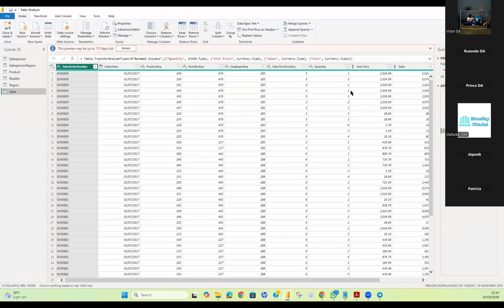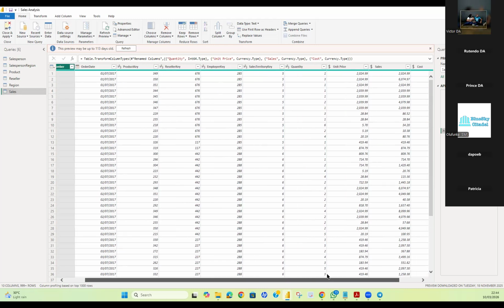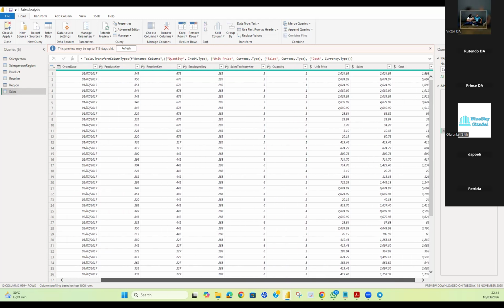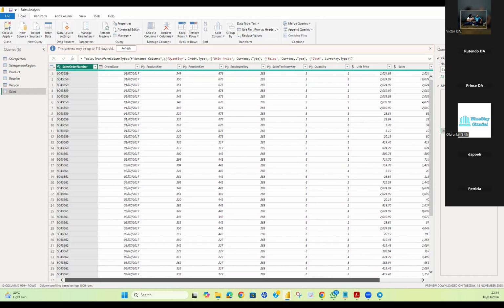Okay. I recall that what we did was we configured our unit price, our sales price, and cost to be fixed decimal places. Those are the things we did on sales last week. Okay. Now we need two more tables